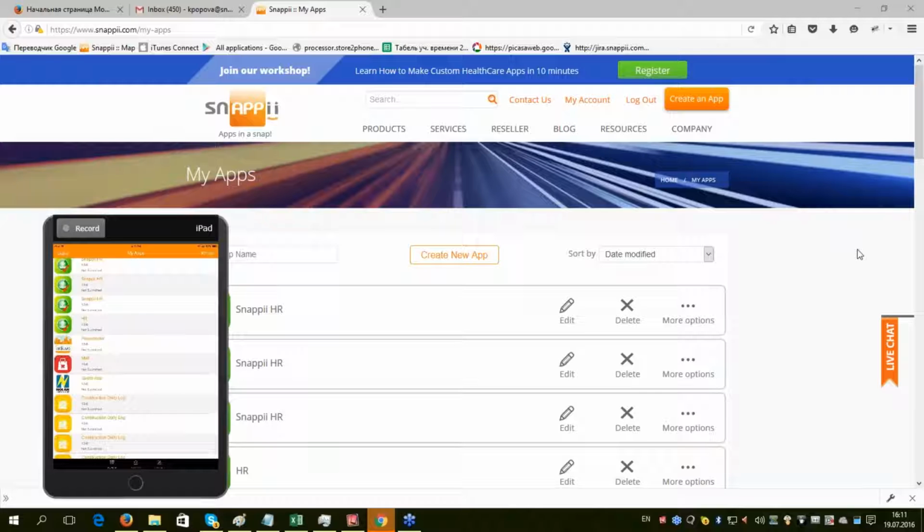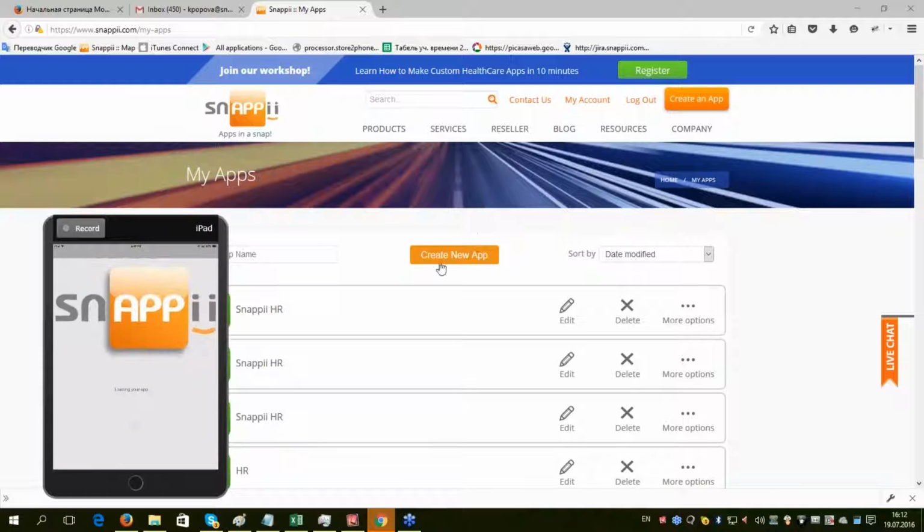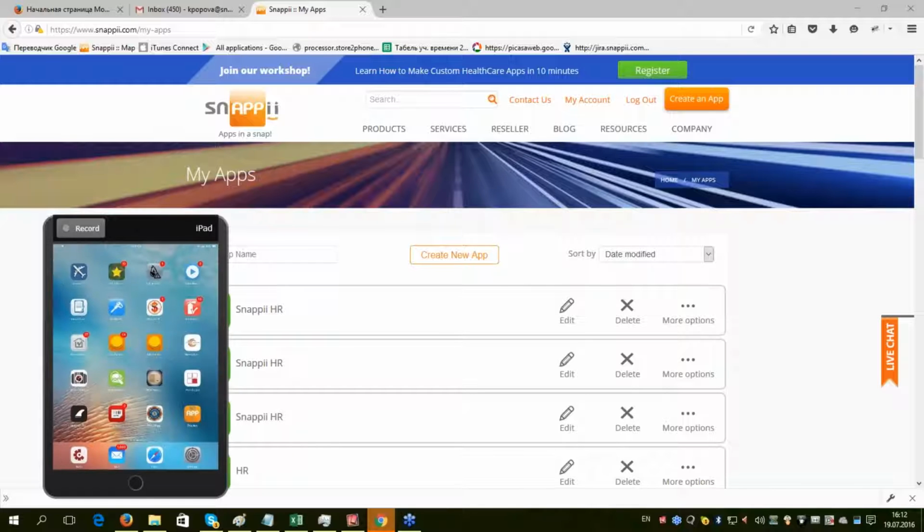My name is Kate, and today I will show you how to create an HR app in under 20 minutes. Now you can see the screen of my computer, and I'm on the Snappy site. To start creating a new app, I click the button Create New App,